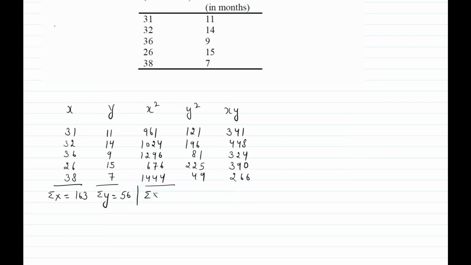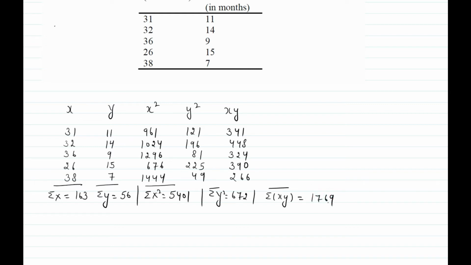Next is summation of X square, that is 961 plus 1024, 1296, 676 and 1444, which comes out to be 5401. Summation of Y square, that is 121 plus 196 plus 81 plus 225 plus 49, which comes out to be 672. Last, summation of XY, which is 341 plus 448 plus 324 and so on, that is